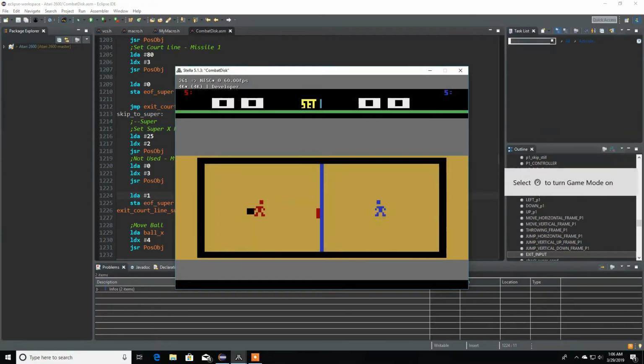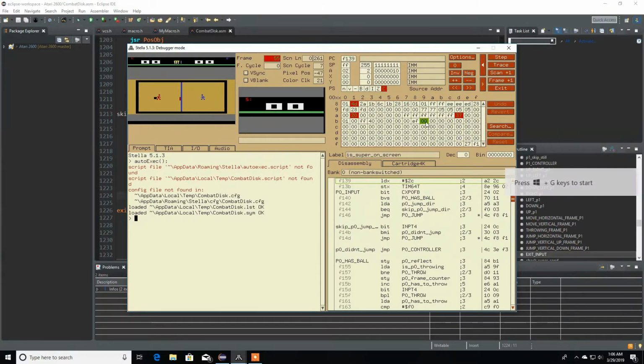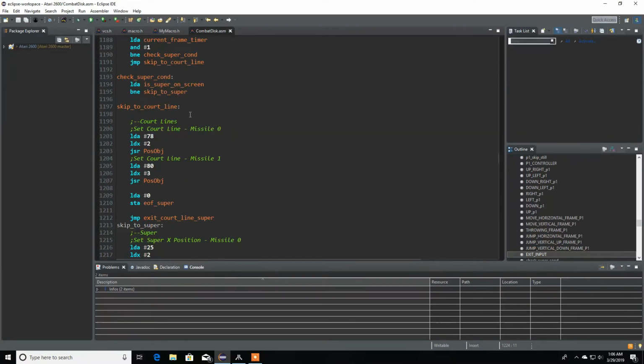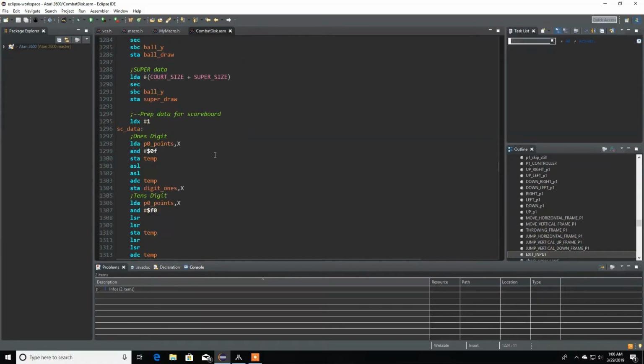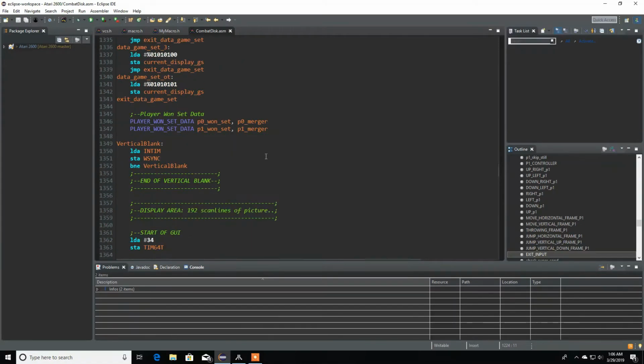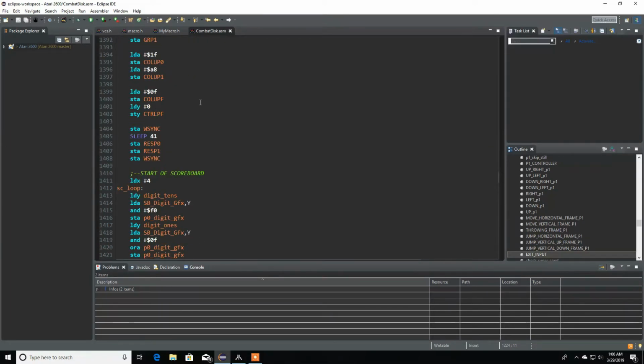So let's run it. So I'm 1 frame. Let me put this B9 to 1. Let me put 1 frame. As you see over here, my super is on screen, and every frame I'm getting the 0 and 1 over here. So it's doing the exact same thing over here, but I'm just saving it into this register. So I don't have to do all these calculations when I get down here. So when you get down here,